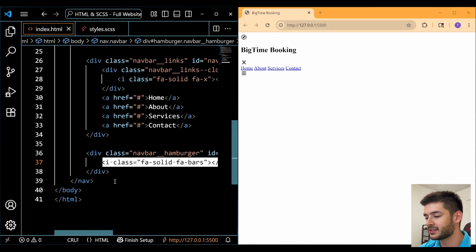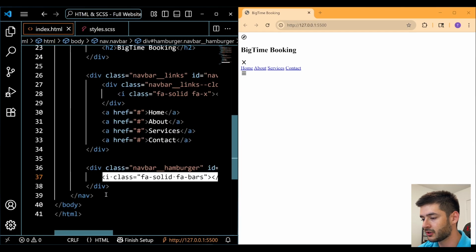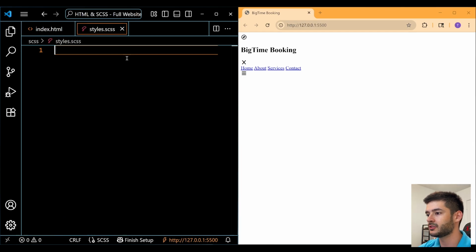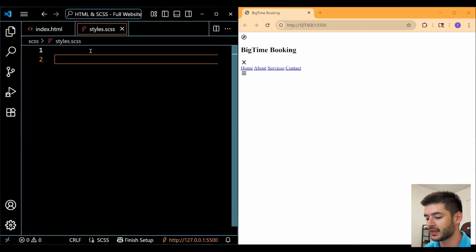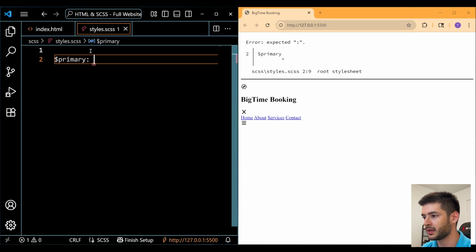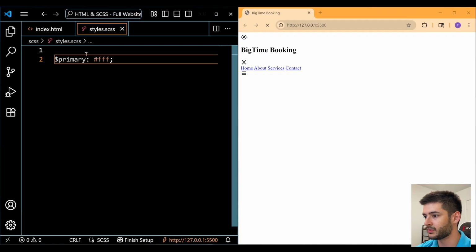So now that we're done setting up the HTML structure of our navbar, we can navigate to the styles.scss. And first, I want to start off by showing you guys how to create variables in SCSS. To do that, we can use a $, and then we can name it whatever we want. So I'm going to name this color primary. And then our primary color is just going to be a hex value, which is ultimately just going to be